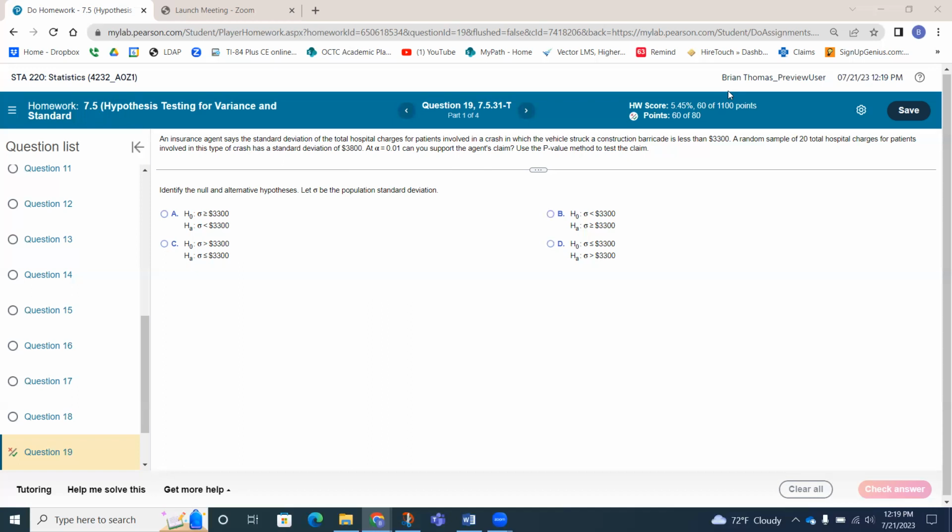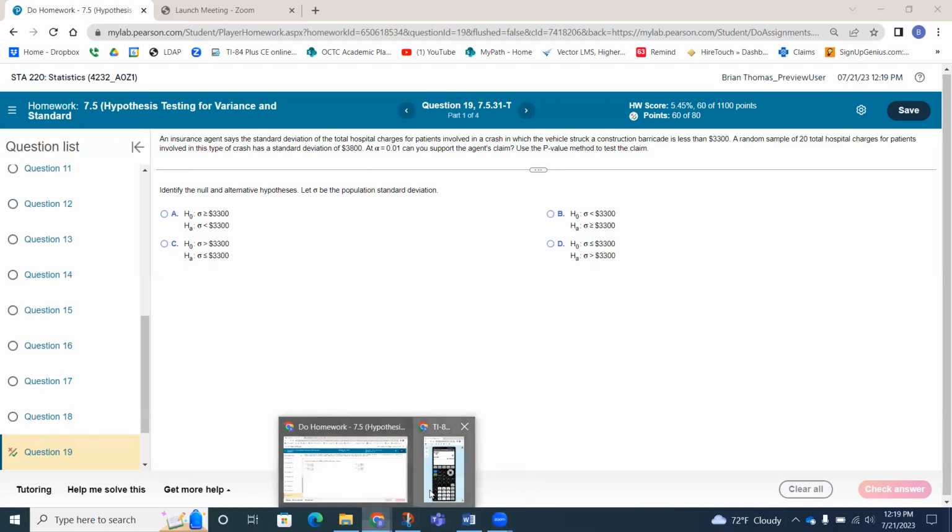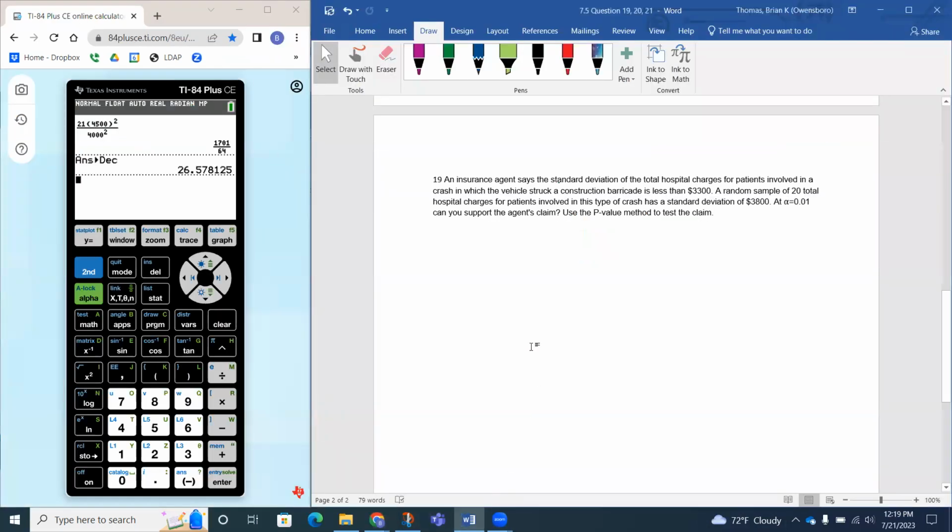The first thing, of course, is just identifying what the claim is, and also the null hypothesis and alternative hypothesis. So let me move over to my Word document. So this should be the same question. So at the very beginning here, we kind of pick up on